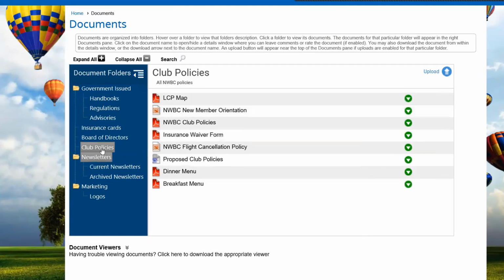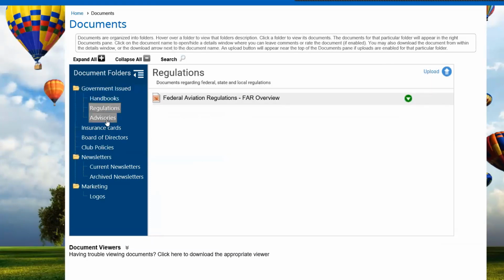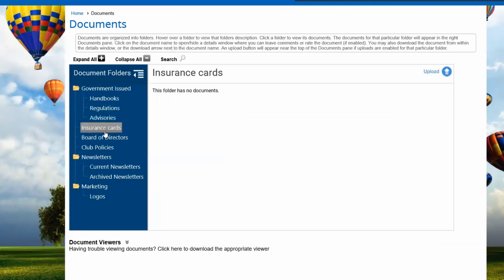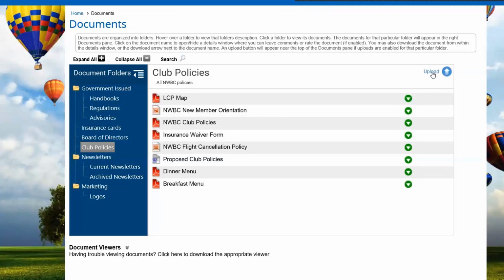The one other thing, let's assume that I want to upload a new document to this folder. I would click on the upload link. Now, by the way, not all folders are allowing member uploads. Let's see if I can find one that doesn't have it. Okay, say this one here. We're not allowing uploads into it. So if I come over here and I say I want to do an upload,